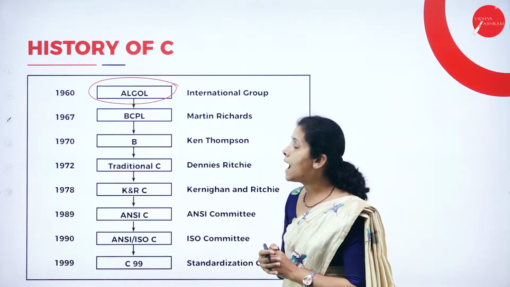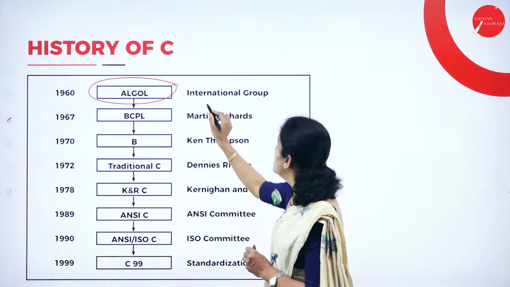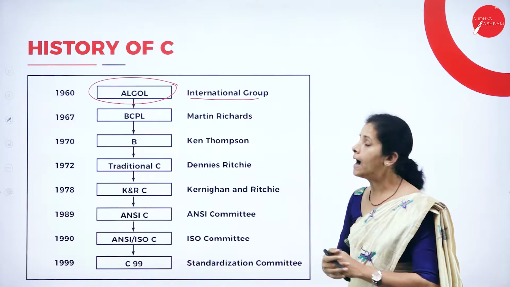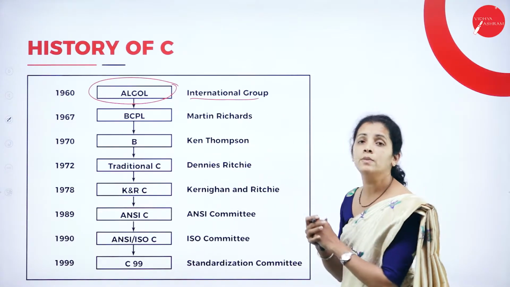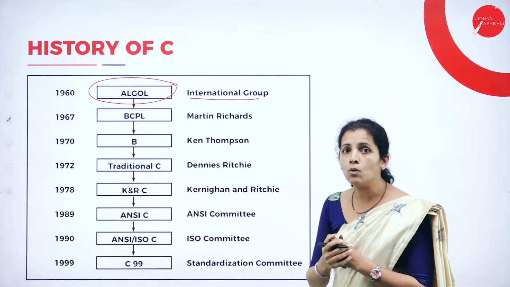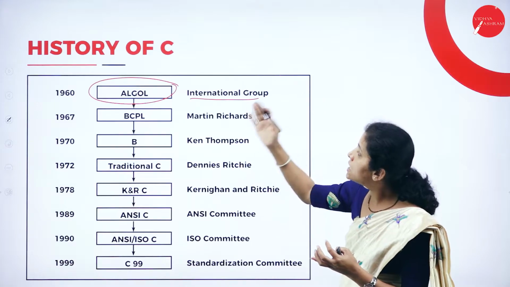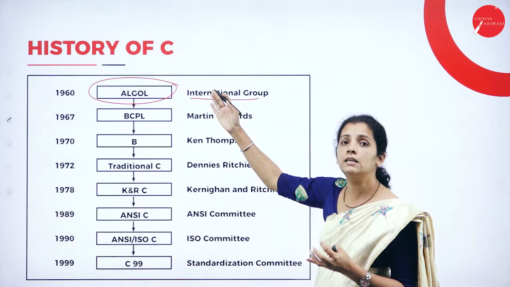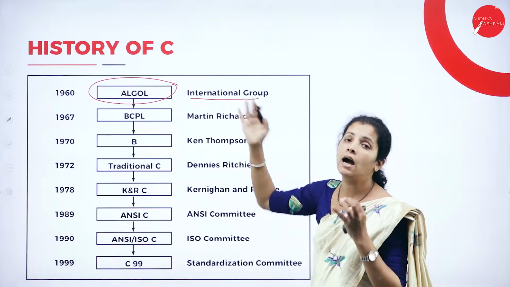That is ALGOL. It was developed by an international group, and it was mostly used by European people. Now, there were some disadvantages in this programming language: it was machine dependent, and there was some